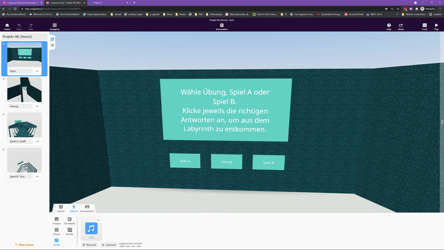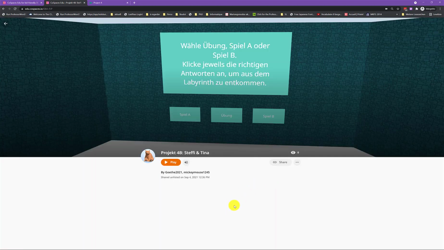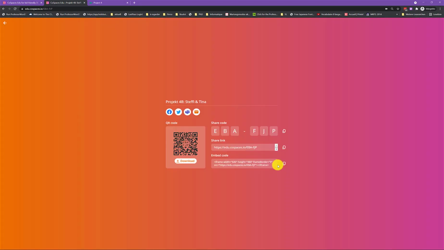And then you share your space. You enter your names here, and you share unlisted. You click here on share, and then you can see you have a QR code, a share code, and a share link. In this case, you just choose the share link and you copy it to the clipboard,